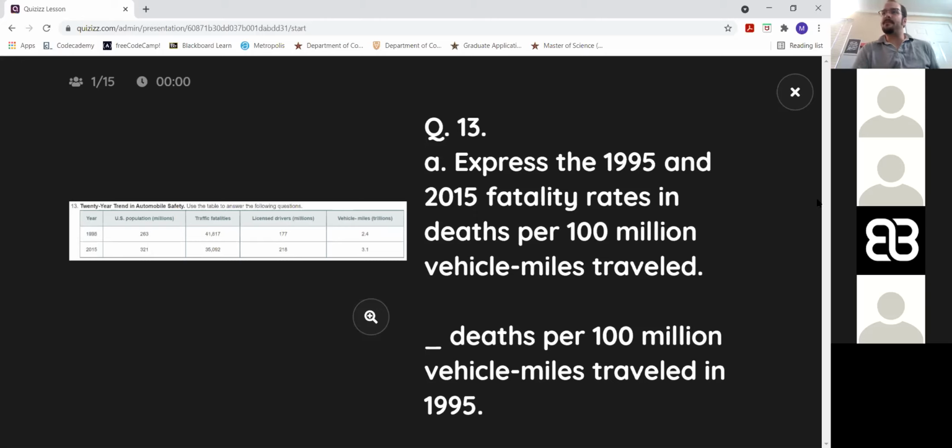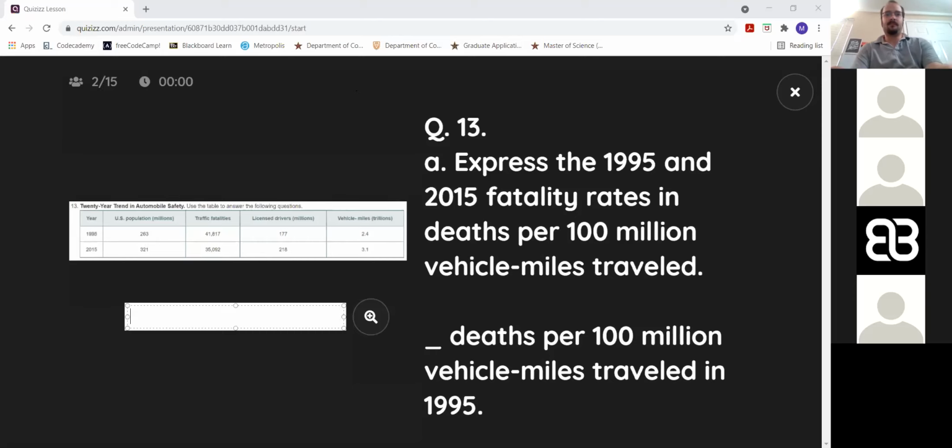What are they rounded to? Is it two decimal places is what it is. How exactly do we do this again? So we're doing deaths per 100 million vehicle miles traveled. So we grab that, 100 million divided by the...